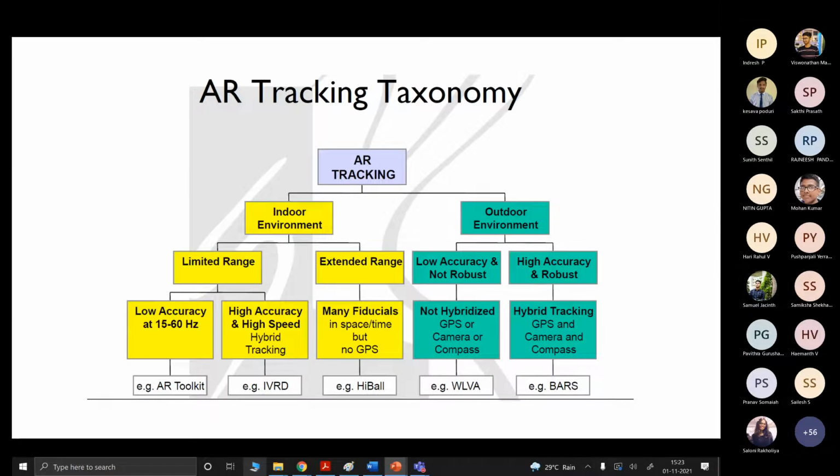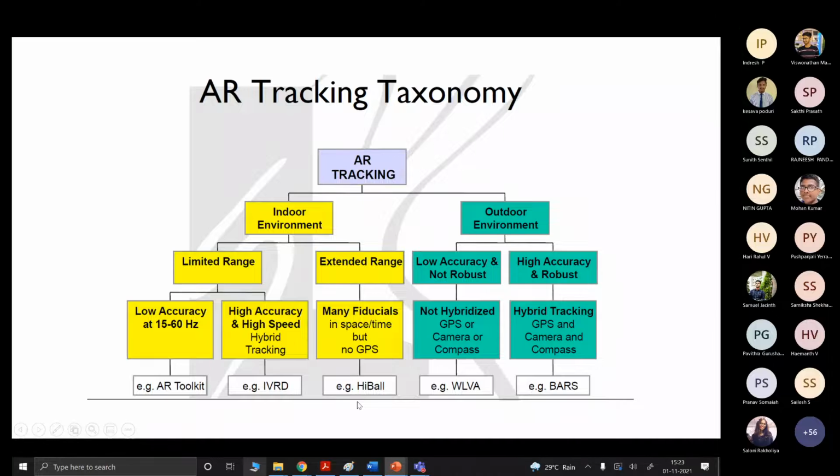AR tracking taxonomy mainly focuses on two environments: one is indoor and the other is outdoor. When it comes to an indoor environment, it uses a limited range, and there may also be an extended range. Some examples of optical tracking systems are specified: AR Toolkit, IVRD, Hiball, WLBA bars.